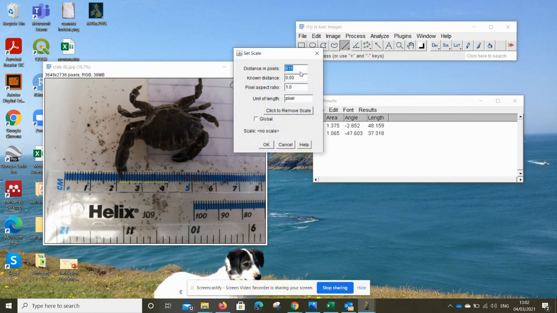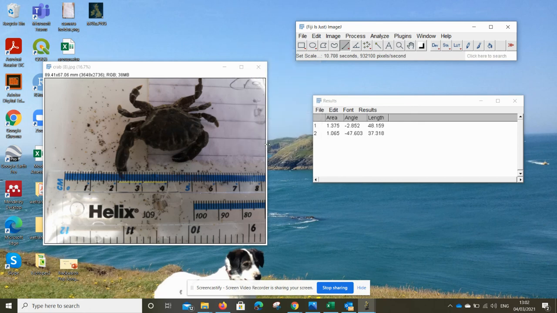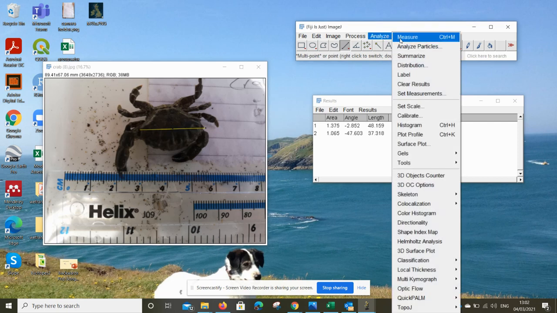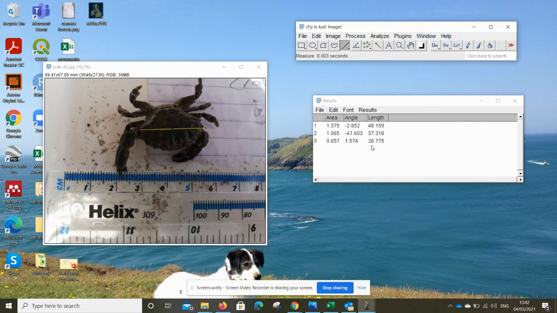So this time I've got 800 pixels to 20 millimetres. Change that to millimetres. Okay, so I've set my scale again, and now I can start taking measurements again, drawing across the carapace. Go to Analyze, Measure, and I get my new one, 26. So just remember, any new photo,